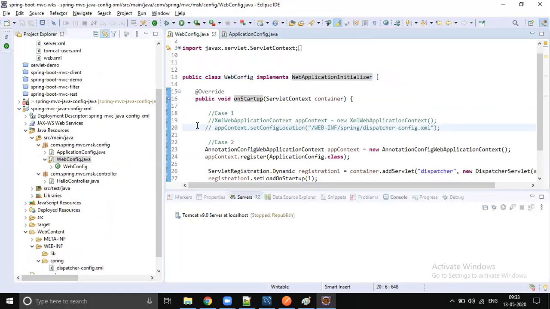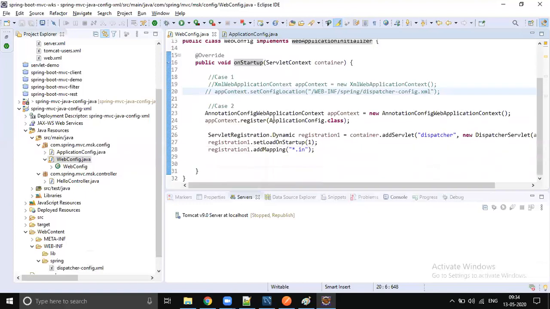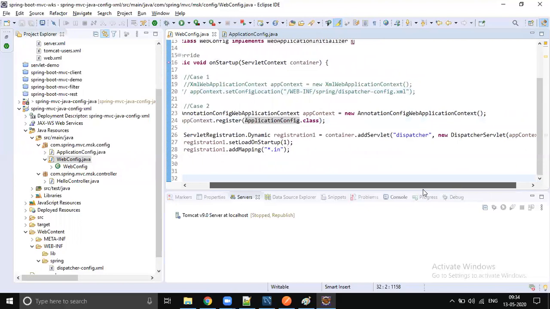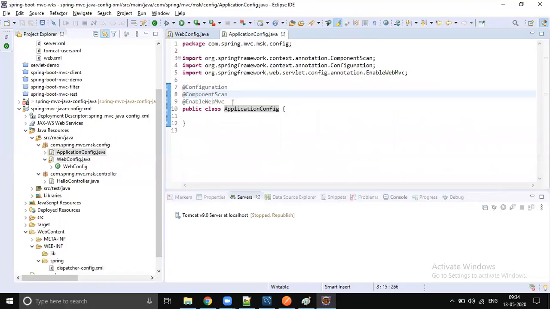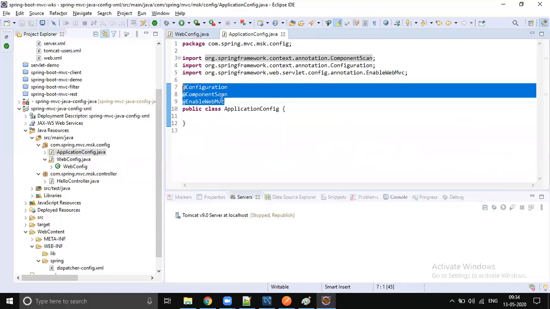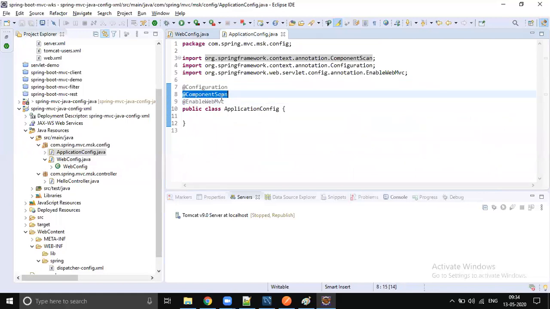Just create a class which implements WebApplicationInitializer and provide an implementation for onStartup. Create an object of AnnotationConfigWebApplicationContext and register AppConfig.class, then create and configure the dispatcher servlet. Your application configuration should be annotated with three annotations. At least this configuration you have to do.